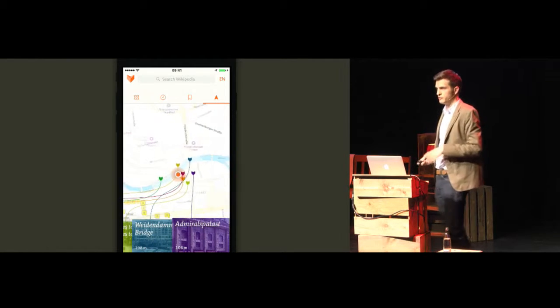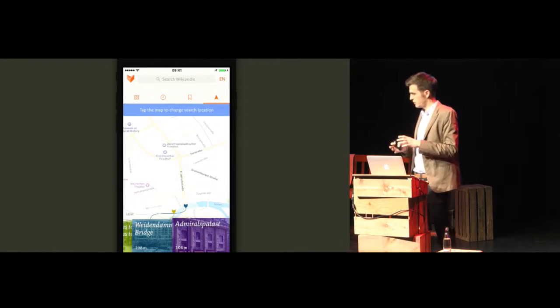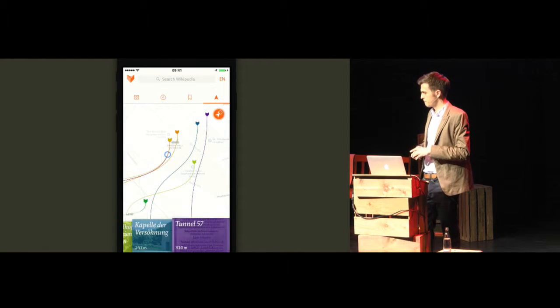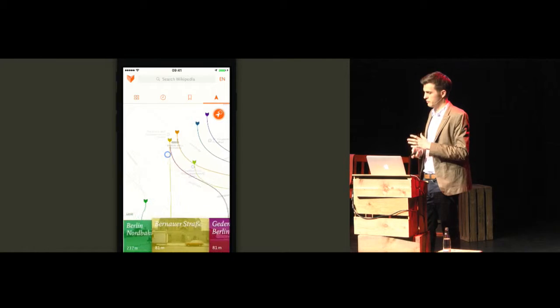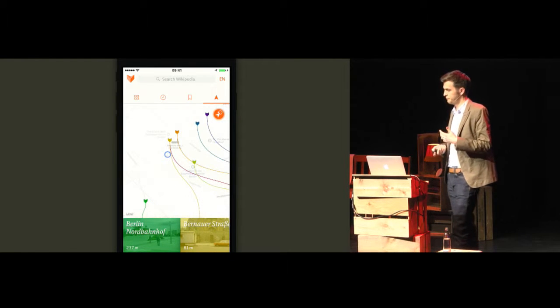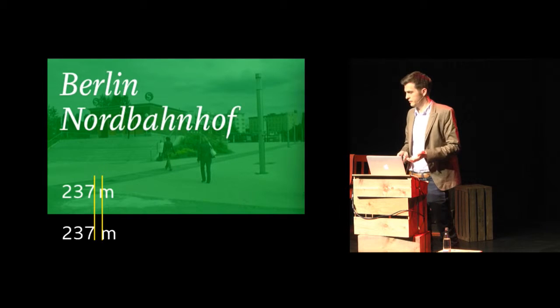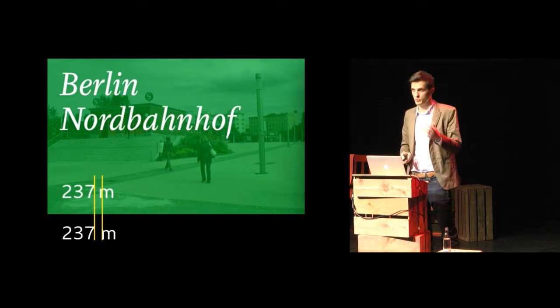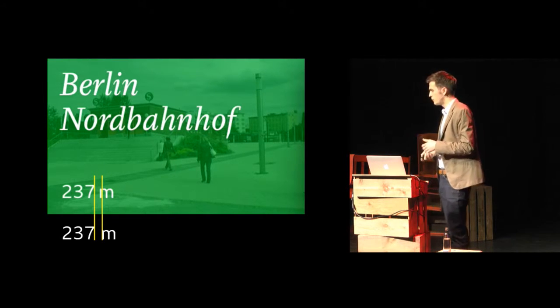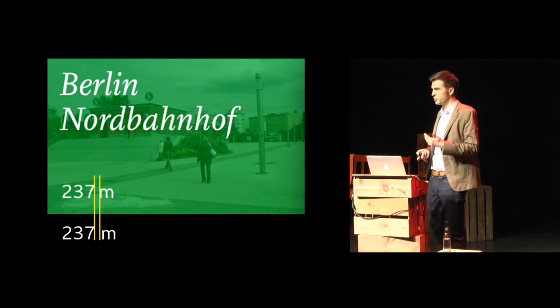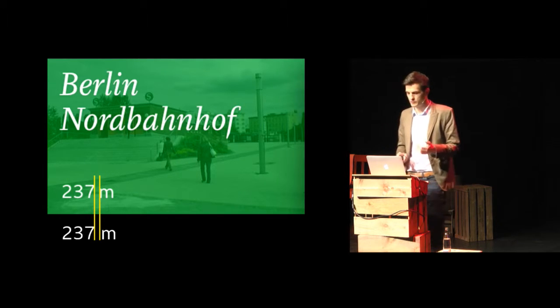I'm just showing off another feature here of the app where you can see what Wikipedia articles are around your location. But what I want to point out here is that, of course, I don't use a regular space between the number and the unit, but I use a thin space, which is the correct one, a non-breaking thin space.